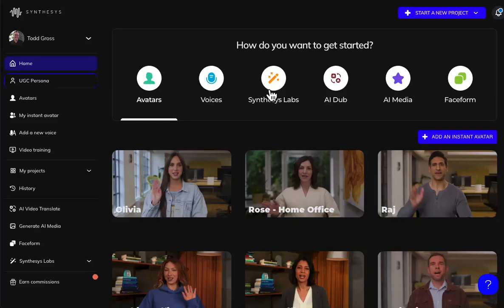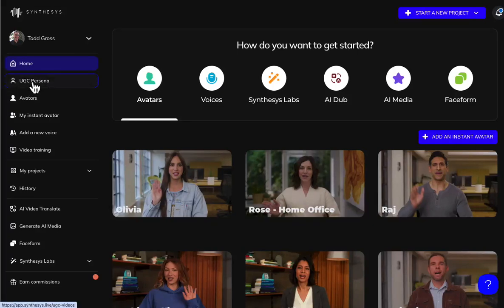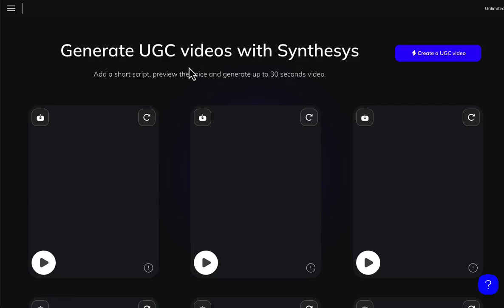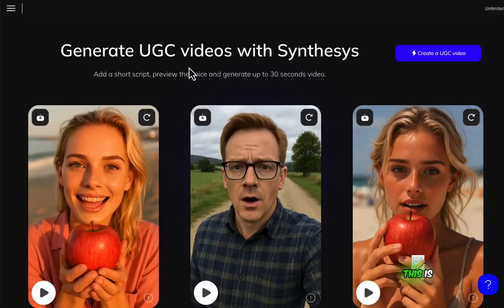Now here we are on the inside of the synthesis platform. If you end up here on the left-hand side, it will either say OhSoReal or UGC persona. You click that and then you're thrown right in, and boy, is this easy to use. So the very first step I want you to do is click on the upper right where it says create